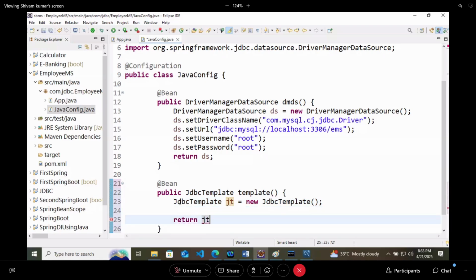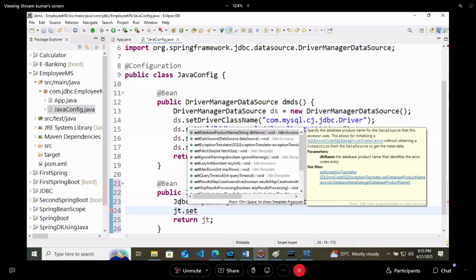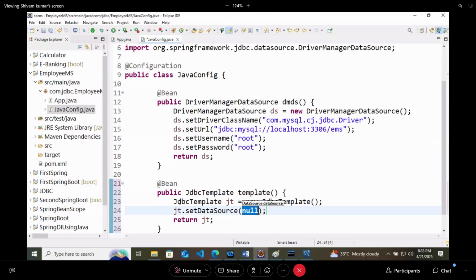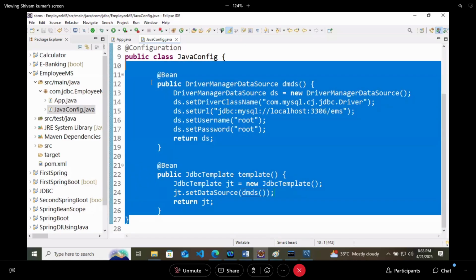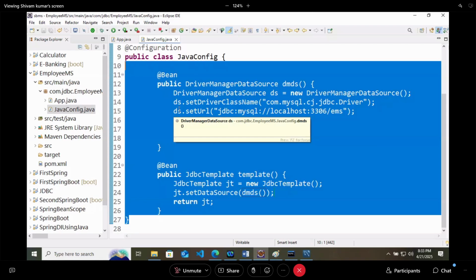Return jt, and here jt.setDataSource, that is the dmds method. Last time also we did it. I hope it is clear. Clear? Any doubt in this?